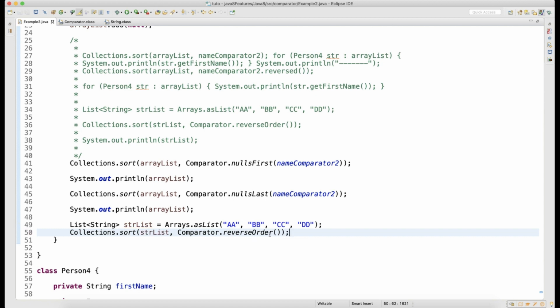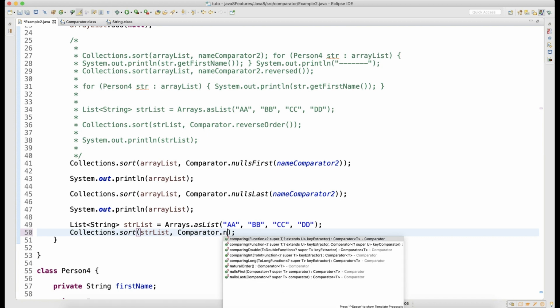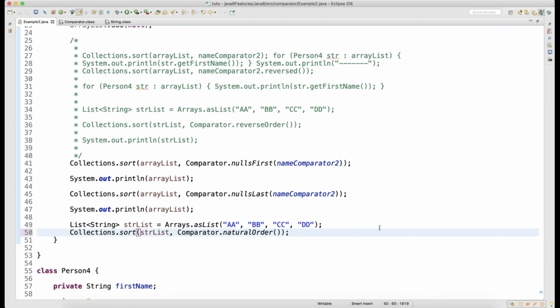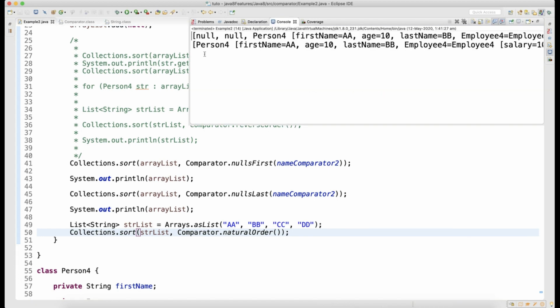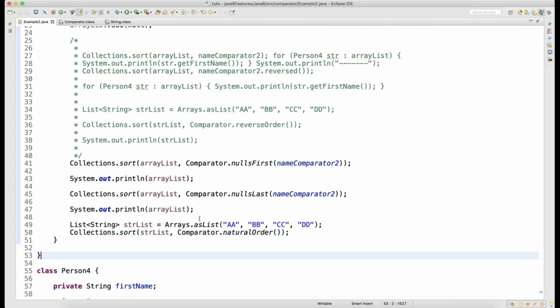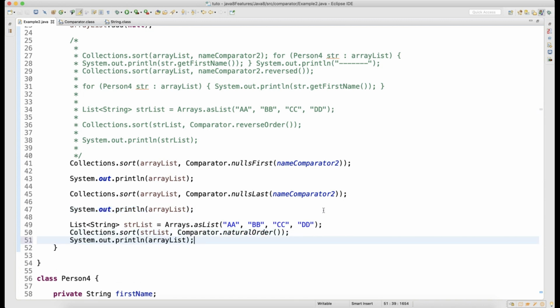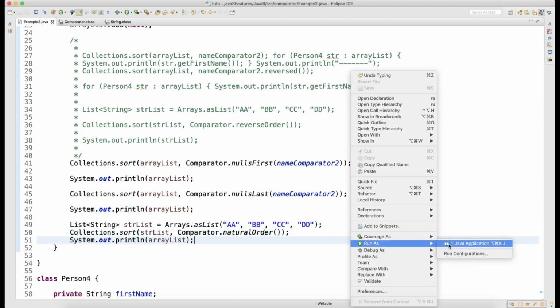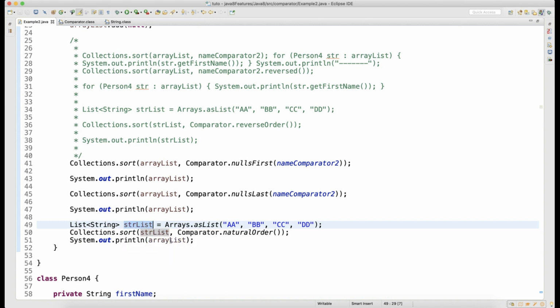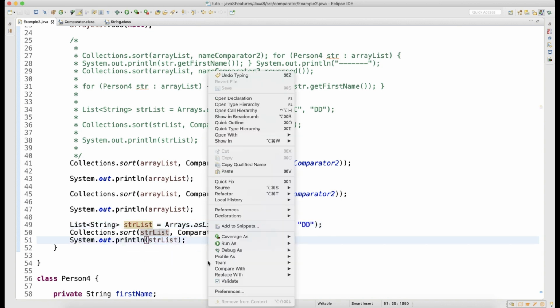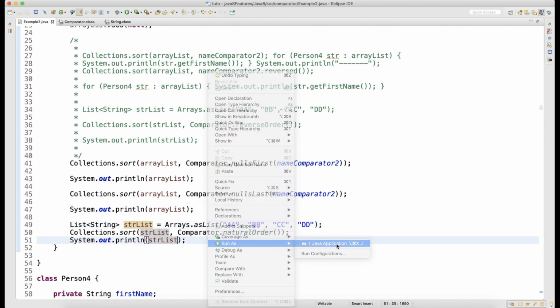So you just call dot naturalOrder, and it will give you the natural order of your list. Okay, I did not print, let me print that. I was printing the wrong list, guys.